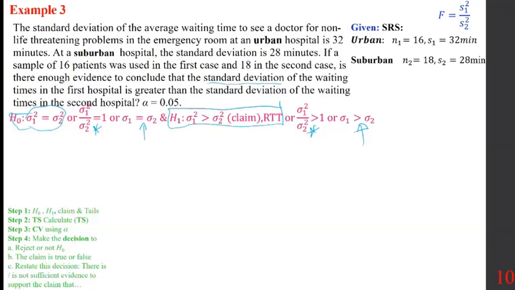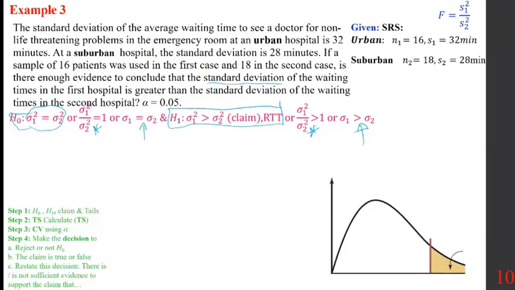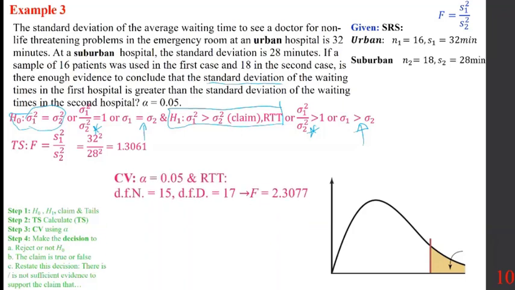Now, what is the test statistic? s1 squared over s2 squared. So this is a right-tailed test. s1 squared over s2 squared, and you get 1.3061. So now, alpha is 0.05. This is a right-tailed test. Degrees of freedom of the numerator is 16 minus 1, and denominator is 18 minus 1. So looking up the table results in the following. So this is 0.05, and this is